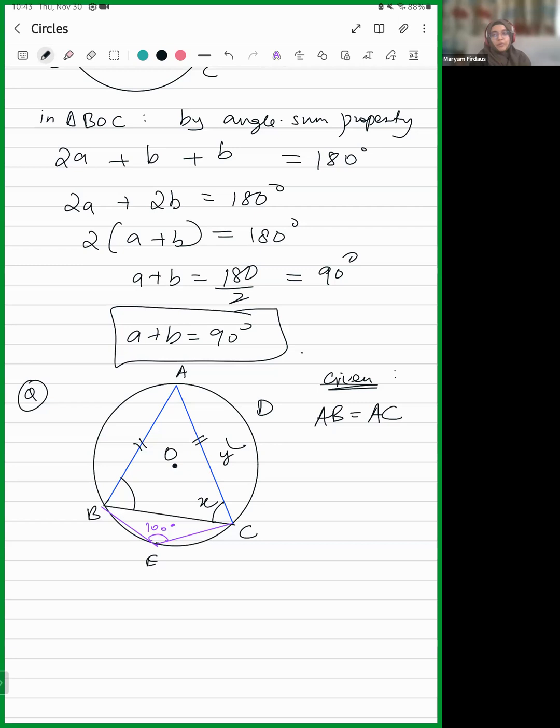What kind of a triangle is ABC? Isosceles. So angle ABC is equal to angle ACB. Angle ABC is X, equal to angle ACB, and that is X, right? So this is also going to be X. Fine. So